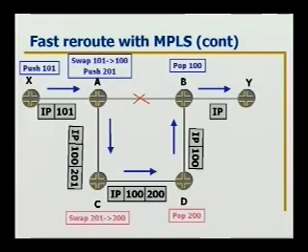Why is this working in this case and it wasn't working then? The difference is that once I put the traffic on the protection LSP in this case, the fate of this traffic is sealed. The packet is going to have to pop out at the end of the protection LSP, and there is nobody in the path who's going to make any kind of independent decision of what to do with it. So let's take a step back and look at the same example and say, well, what if there was